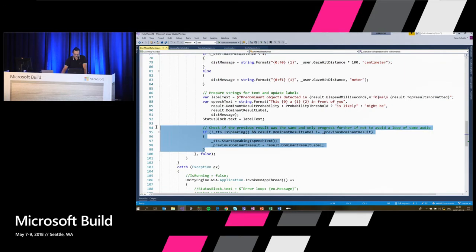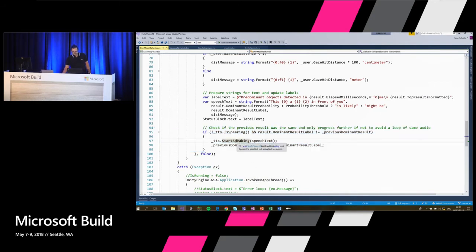And at the end, this is the code that does the speech synthesis output. And I'm using a piece here from the Mixed Reality Toolkit, which is called text-to-speech. And that wraps the Windows 10 speech synthesizer APIs in such a way that you can actually use it with a Unity audio source. So that's pretty awesome. And it's really simple. You just call the start speaking method here. And as you can see, it just takes a string as an input. So you can use any string and it will just say it. So it's super straightforward.